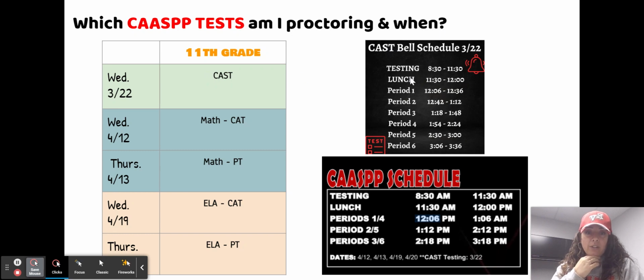so the California Science Test. And over here, we have included the CAST bell schedule. This day is going to be the only day that's kind of funky. This is the only day that has this particular bell schedule. So all juniors will be on campus. All juniors will report to campus at 8:30 normal time. Then there's lunch, and then the rest of the school, so sophomores, freshmen, seniors, everyone else will arrive to school